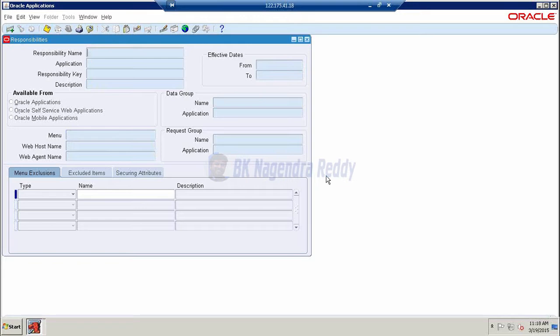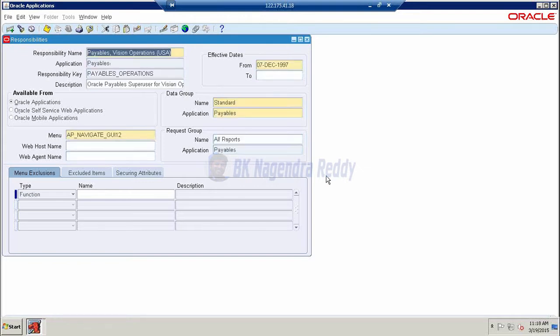So here, Payables Vision Operations. Here the respective navigation functionality, the menu, is AP navigate and all reports which are under payables. Okay, now I want to create a new responsibility for this